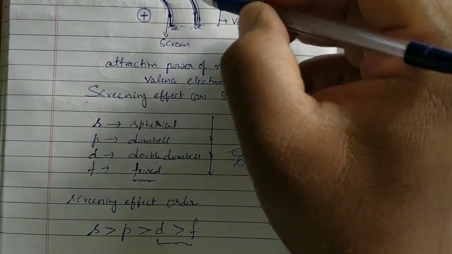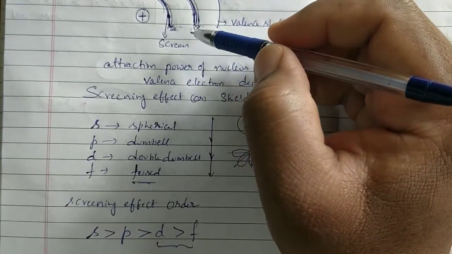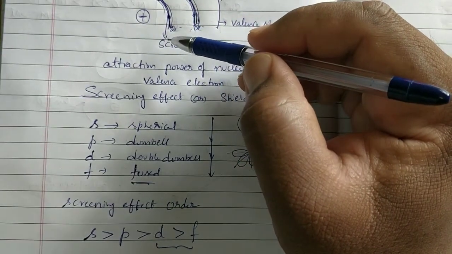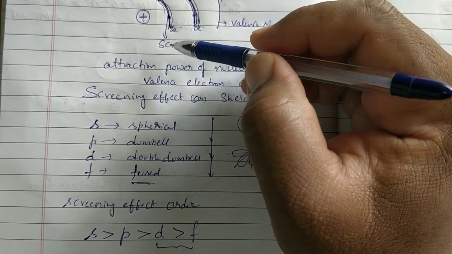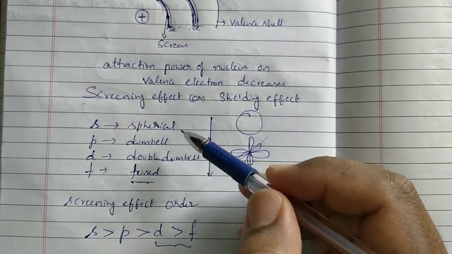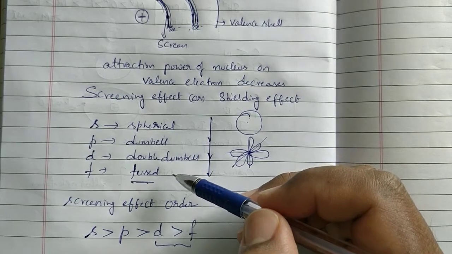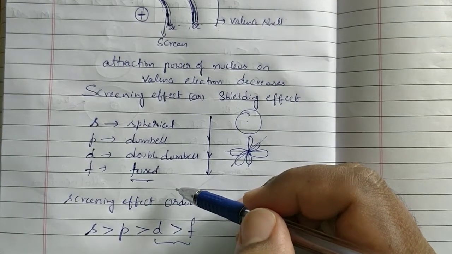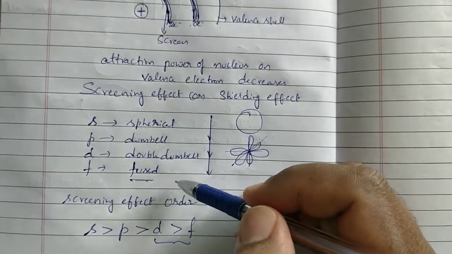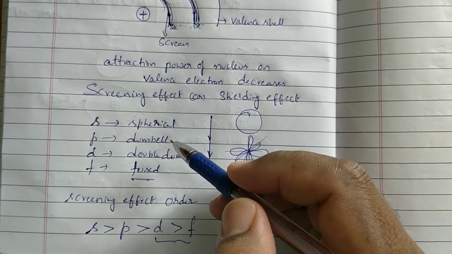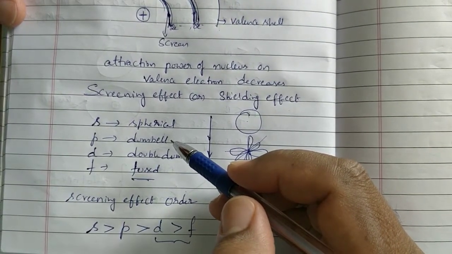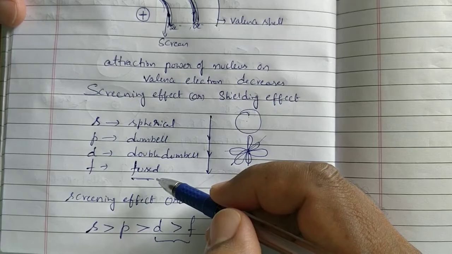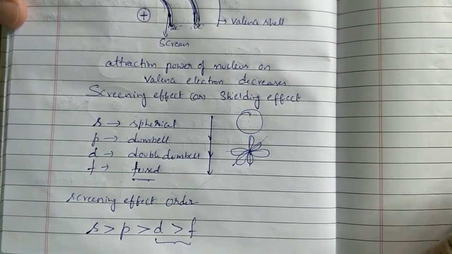One more time. Generally, electrons present in inner shells act like a screen between the outermost shell and the nucleus, but that shielding effect also depends on the shapes of orbitals. When the difficulty of drawing the shape of the subshell increases, the shielding effect decreases. We can draw the s orbital shape easily, so electrons present in the s orbital have a high shielding effect. Next p orbital, next d, next f. So we can keep one point here.